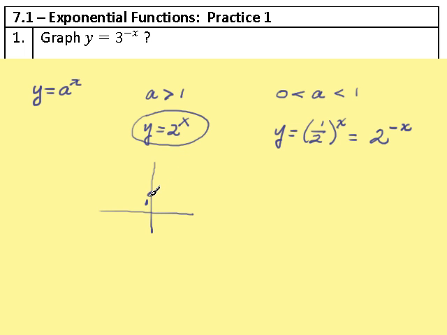If a is greater than 1, they're going to increase on the right. And when x is negative, we have things like 2 to the minus 2, 2 to the minus 3, 2 to the minus 4, which is 1 over 2 to the 4th. So they're going to go down here. They always stay above y equals 0 and get closer and closer. We have a horizontal asymptote right here,